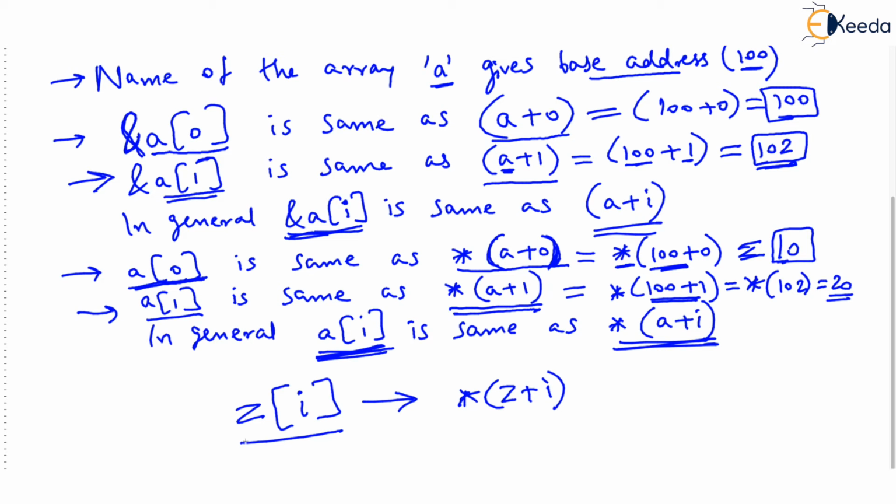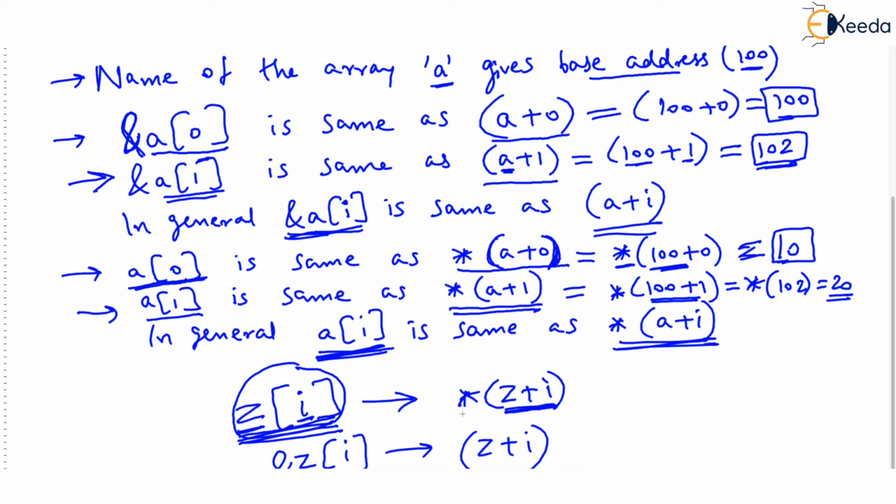Because you are now checking value, you are using the value at the ith location. But if you write &Z[i], imagine the address of Z[i], this is taken as Z plus i. So whatever is written outside the square bracket and whatever is written inside the square bracket is simply added first. And if you are looking for the value, as you are saying here for Z[i], then it is preceded with an asterisk. This will give you the value.